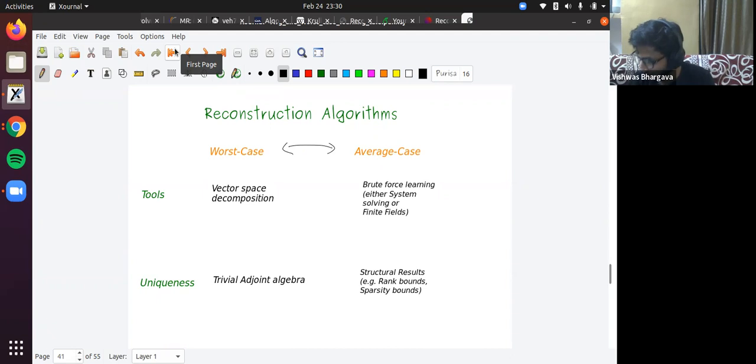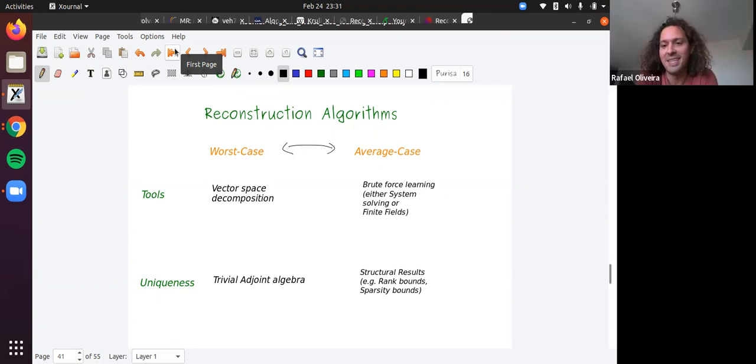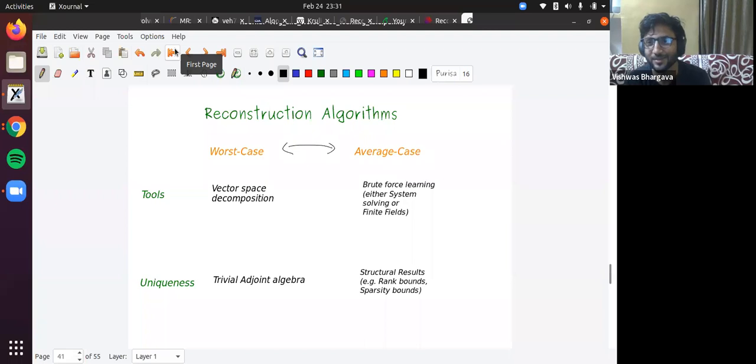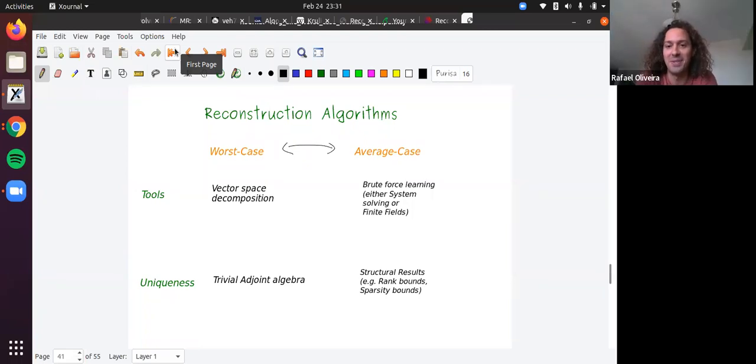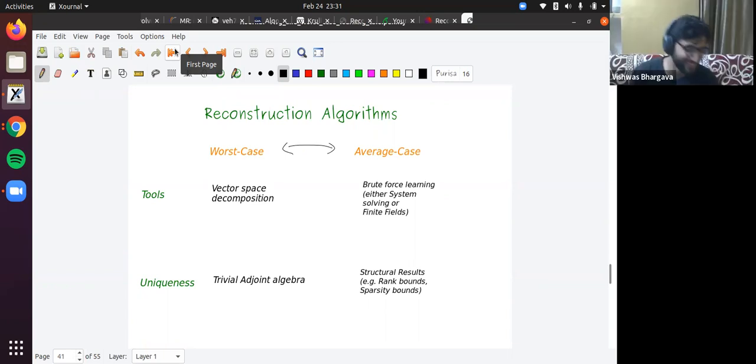To answer your question, if you Google tensor decomposition, there will be thousands or maybe tens of thousands of papers. Which particular one are you talking about? Because if you Google it, there would be hundreds of them. Yeah, I'll tell you some later then. I hope I answered your question though. You have two years to answer them. I have lots of them for you. Oh, I see. Good.